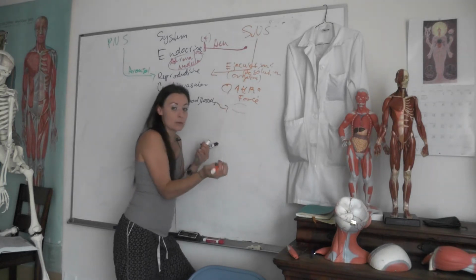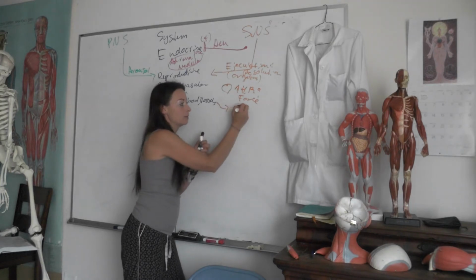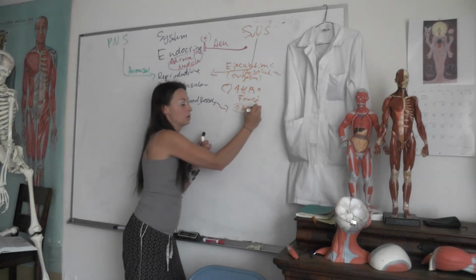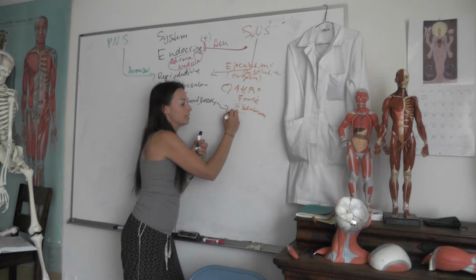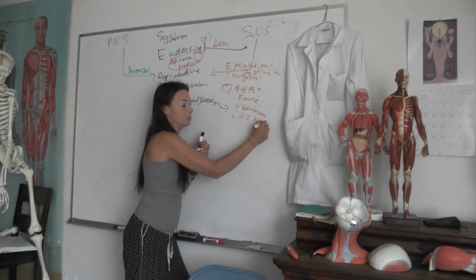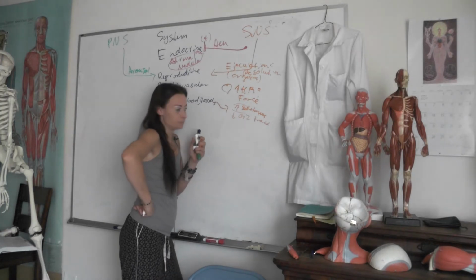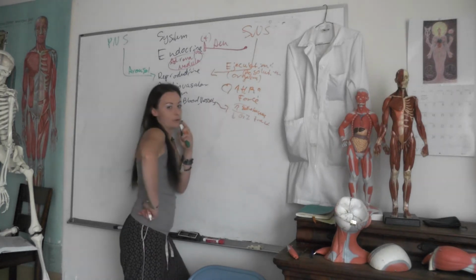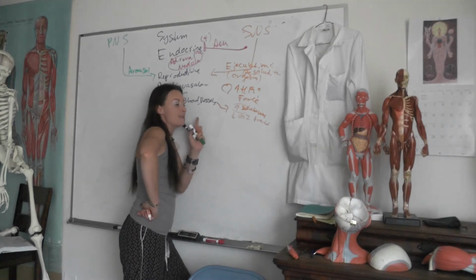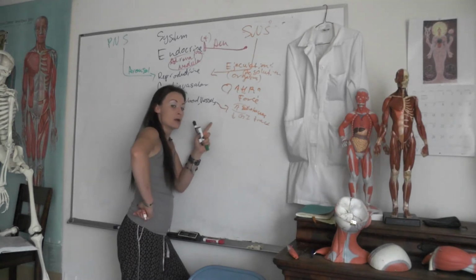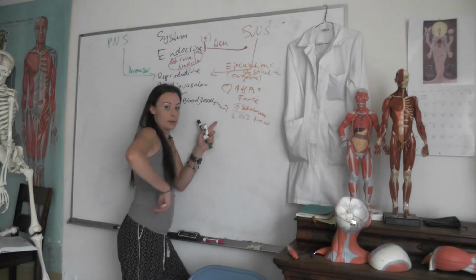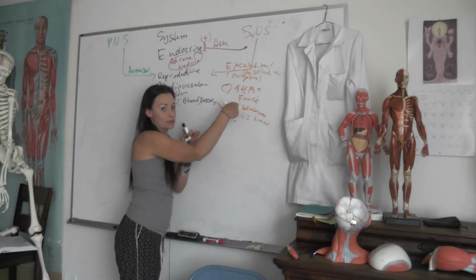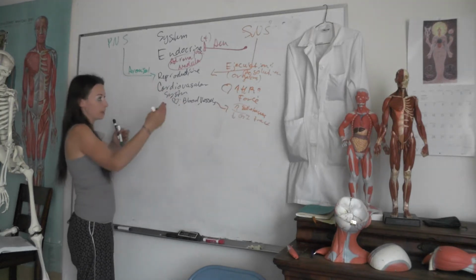And how is it possible that we could have an increase in blood flow to skeletal muscle, but a decrease in blood flow to, let's say, my GI tract? Well, like where I would be resting and digesting. How is it possible that the same neurotransmitter could cause these different effects? It's because we have different receptors at the target, right? Okay, so that brings me back to a good point.